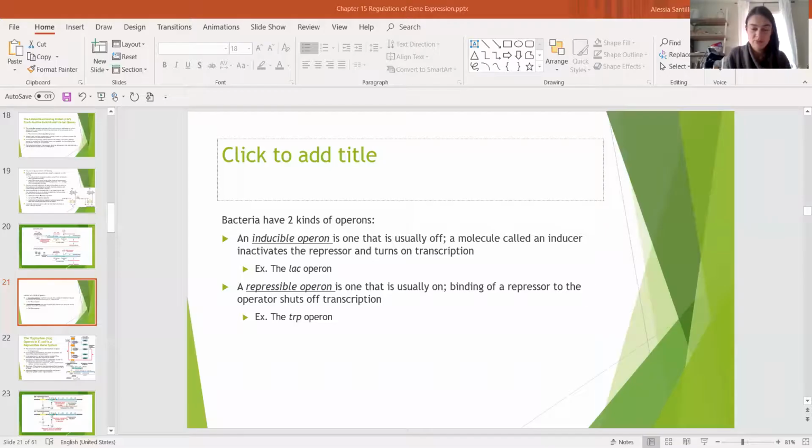All right, hi guys. So now we're going to move on to repressible operons, the repressible parts of the actual bacterial genome. This is still a type of negative control. Just to remind you, negative control is basically when the gene is expressed